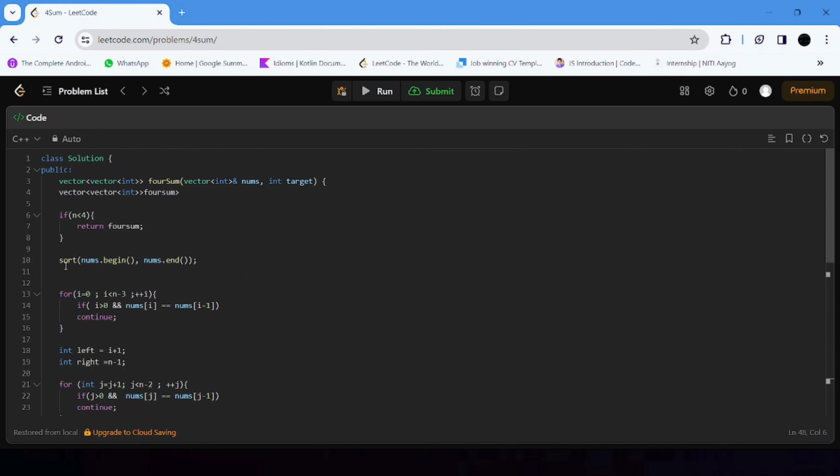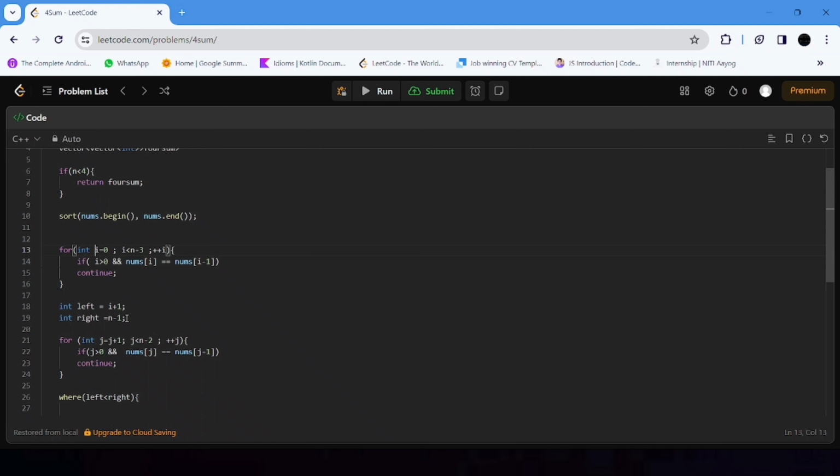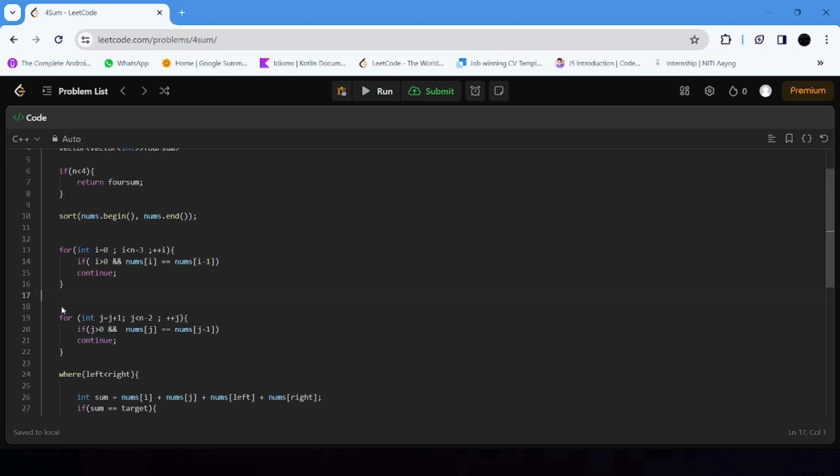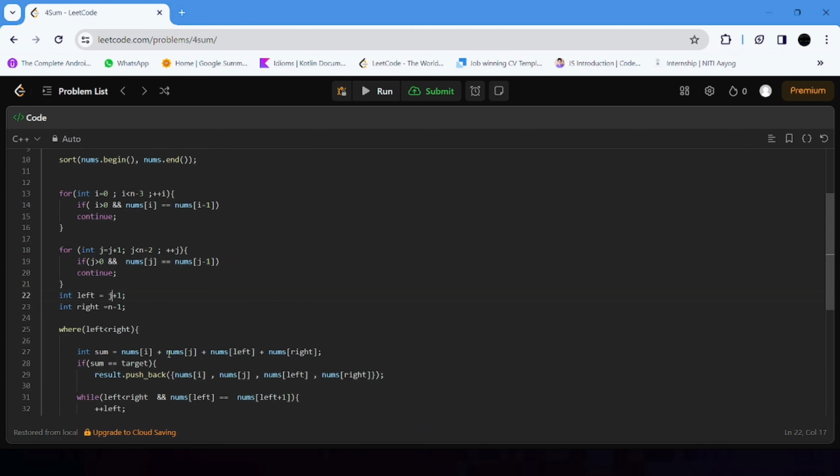Okay, then we have initialized i. We have not written int for initialization. Then we have taken two pointers, left and right, and then we have initialized j. Let's write it in a systematic way. So let's copy it and write after it. In left equal to, it should be j plus 1. Then we have written